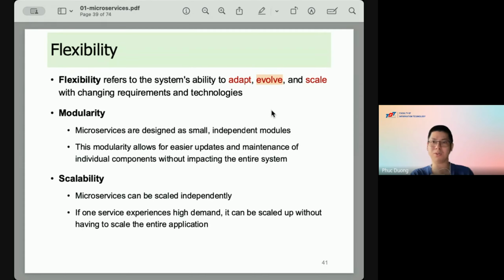For the second approach, if you can easily plug the new function into your system without changing any of your own code, you achieve the flexibility aspect of microservices. Your system is now very flexible and adaptive to a new function without changing any old code.